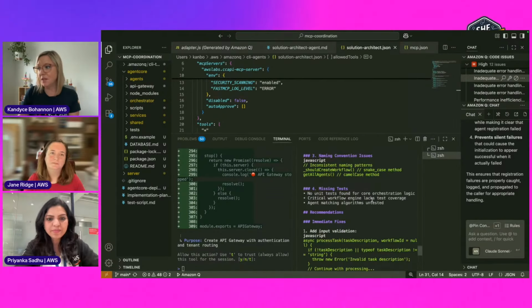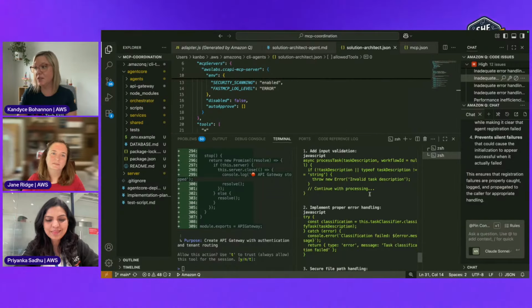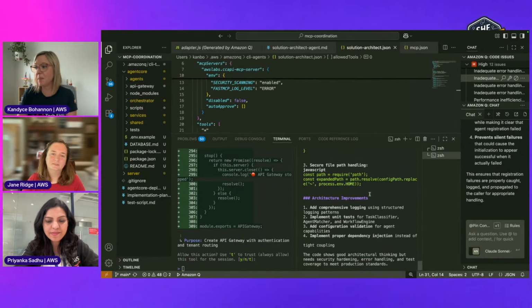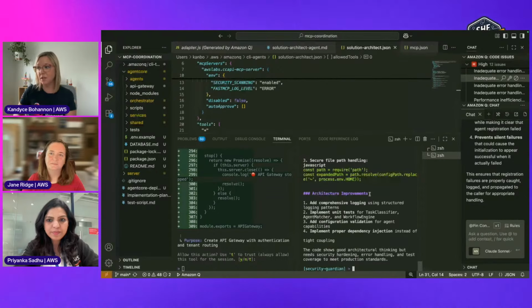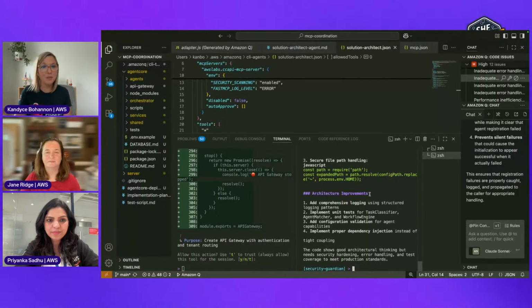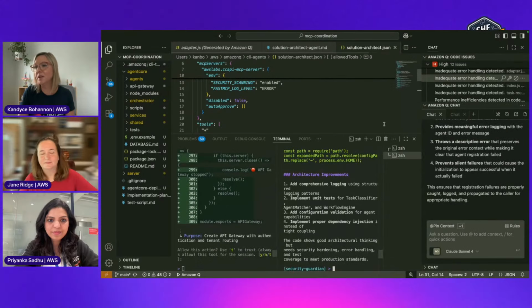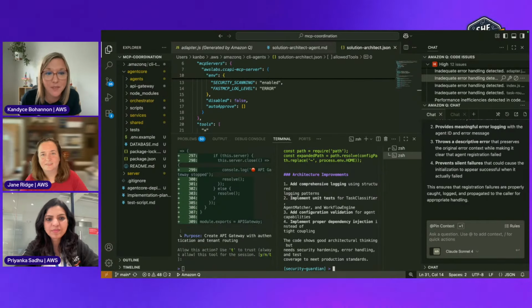So these are the problems. No unit tests. My bad. That is bad. I should have had that myself. So anyways, I need some security hardening before we go and actually push this to production. So those are some of the new things that are happening here in QDev, and some of my favorite old things too, the review my code feature. So that's what I wanted to show you.